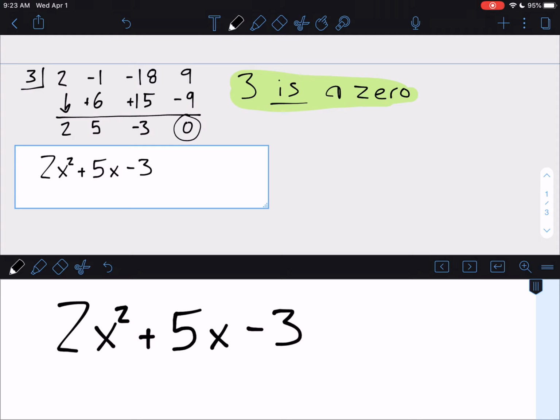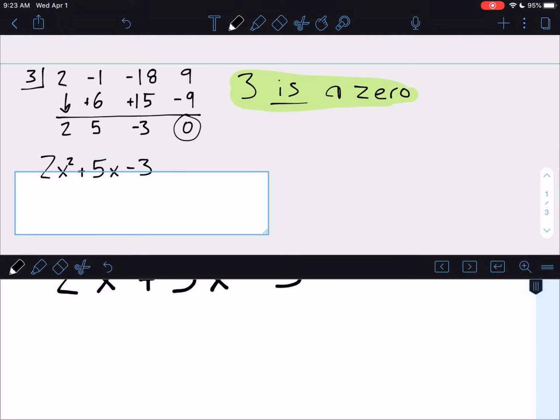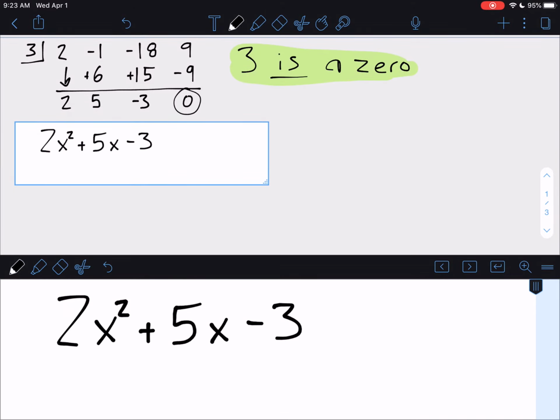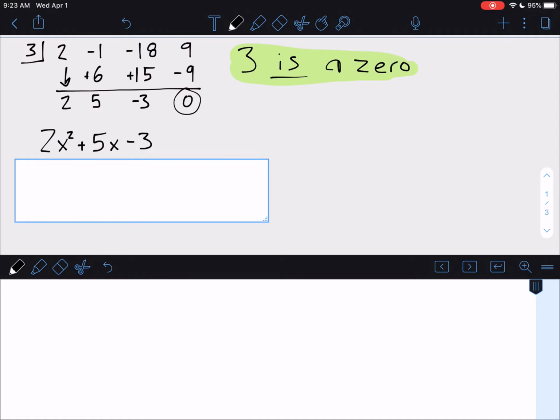And I could solve this using synthetic division. But if you look at that, that is just a quadratic. So I can solve this by factoring also. And honestly, since I can solve it by factoring, I'm going to solve it by factoring. We know how to factor quadratics. That's been like the past 2 units. So I can just factor this instead of solving this using synthetic division. And I know that it's going to have rational roots because I'm looking for the rational zeros here. So that means it can be solved by factoring or